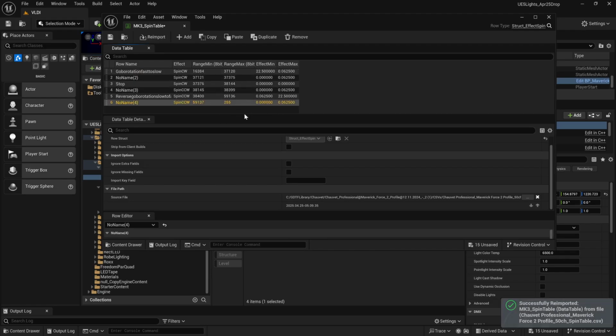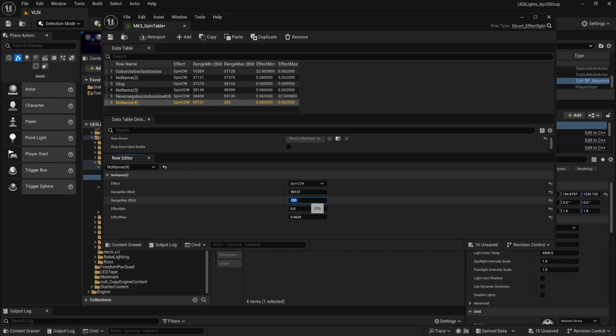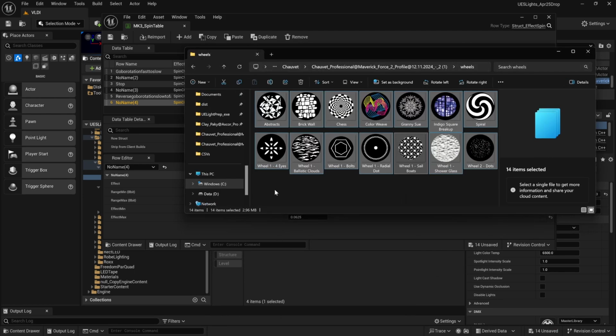Then, like I said, this doesn't go up to 65,536. So here, we just have to manually change this value to be the maximum 16-bit value, which is 65,536. Told you it was easy. Go ahead and save, and then we do have to run our script one more time,